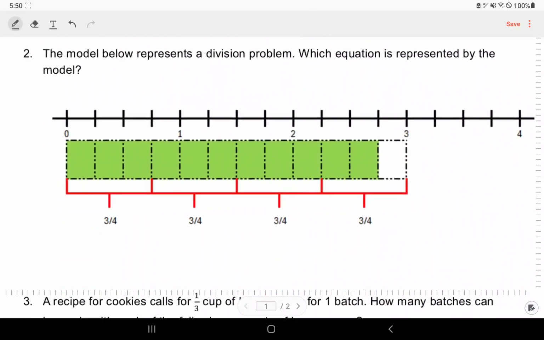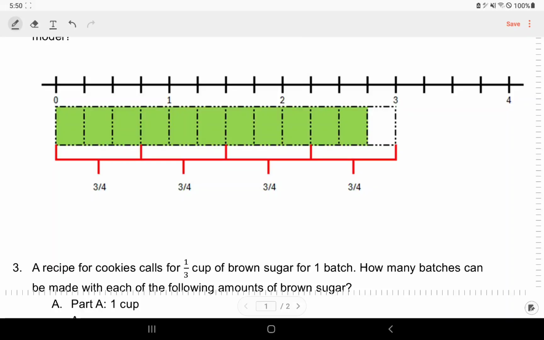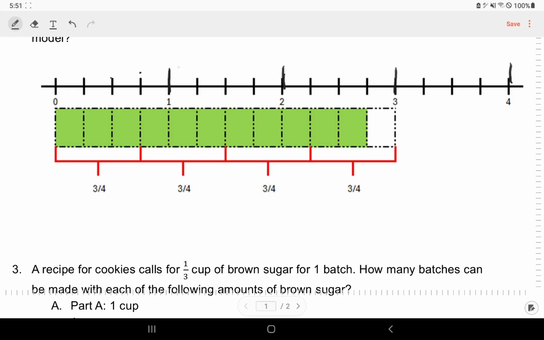Now, for the second question. Again, this will be a multiple choice question on the actual quiz. However, I got rid of the multiple choice answers so that we could focus on the question itself. So we look at the number line here, and it tells us here's 1, here's 2, here's 3, 4 is all the way down here. And we look at this and go, hey, there's 1, 2, 3 spaces here. So what is it counting by to get to 1? Well, since it goes 1, 2, 3, 4 spaces,